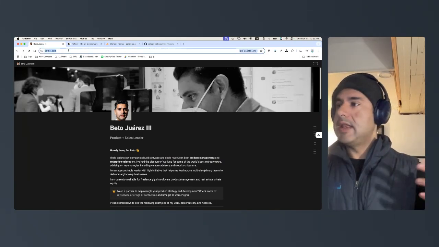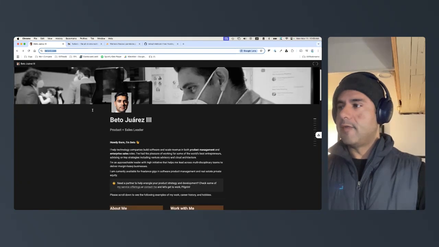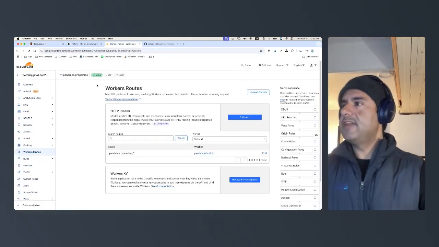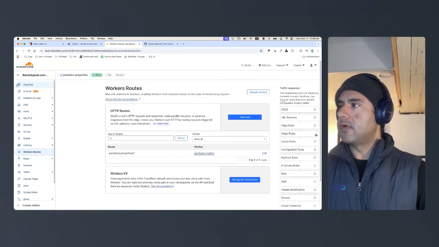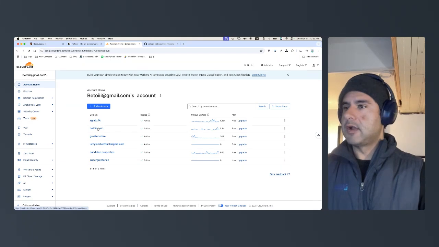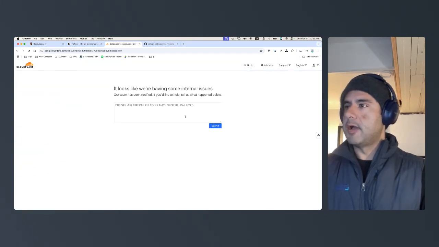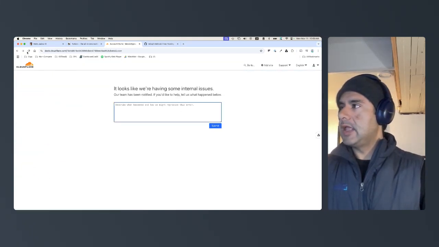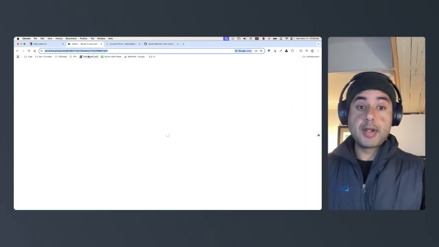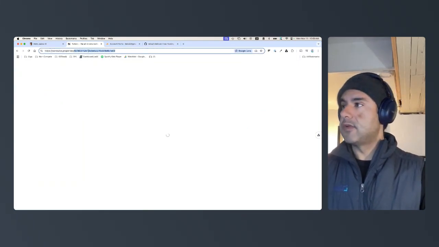I bought it. Now, how do I host this for free? Let me show you what I did. So first, you add your domain to Cloudflare. And you can see I have some domains here, and I've already set it up for Beto III. And what we're going to do now is try and set it up for my property management company at this location here,